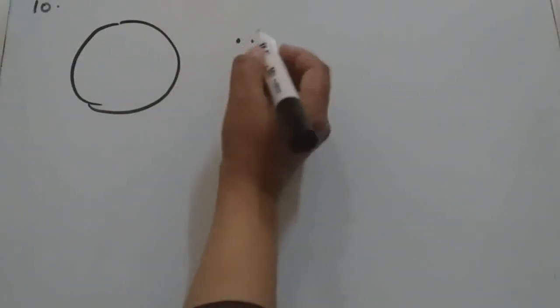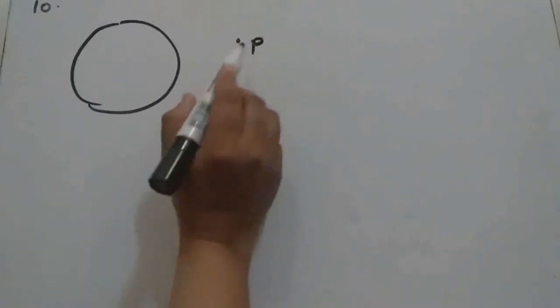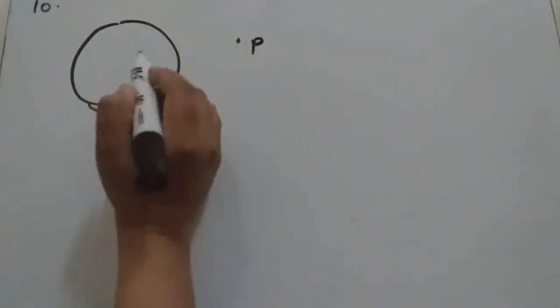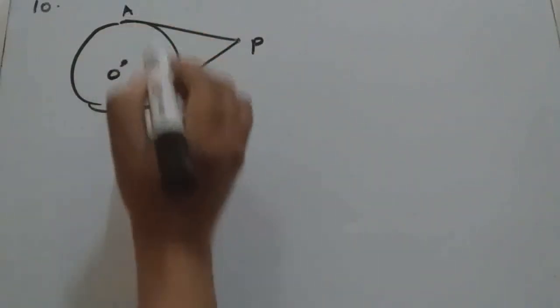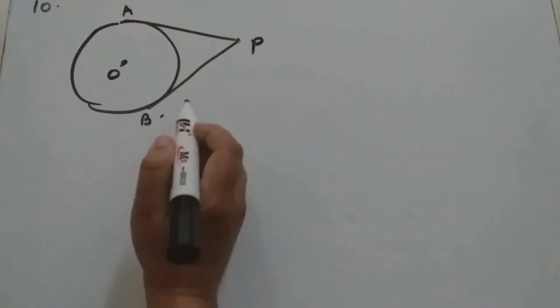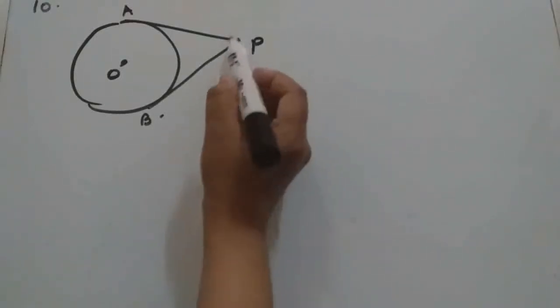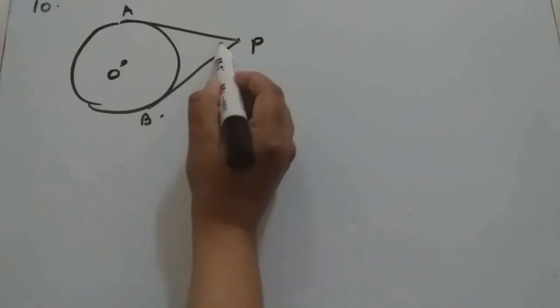Question number 10 is proof that the angle between the two tangents drawn from an external point. That means suppose a circle, tangent drawn from an external point, two tangents drawn from the external point. That means suppose these two tangents PA and PB, the angle between them is supplementary to the angle subtended by the line segment joining the point of contact